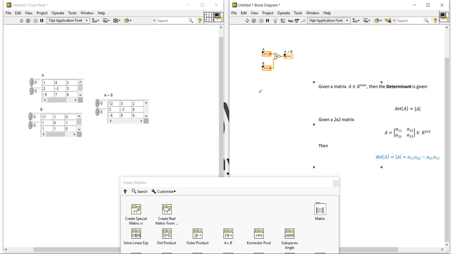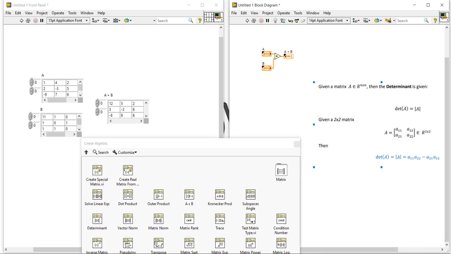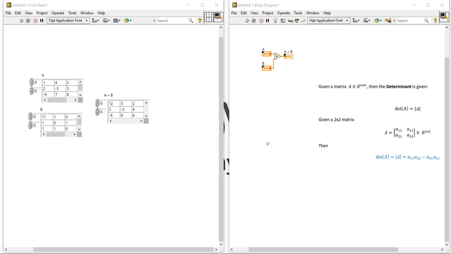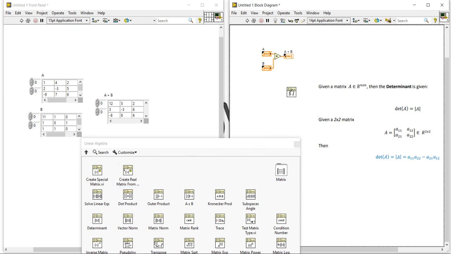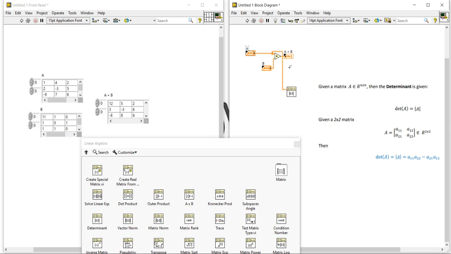I need to delete this one. First we need to search where the function is present. The determinant function is present here. Take the determinant function. Okay, now right click, label, indicators.